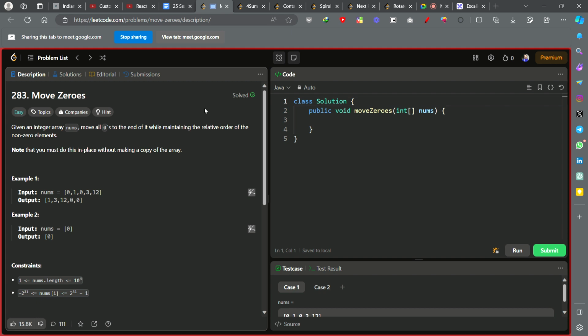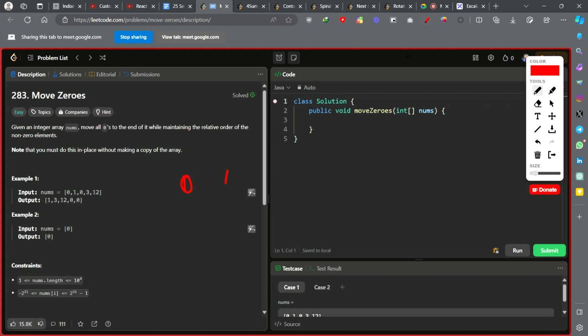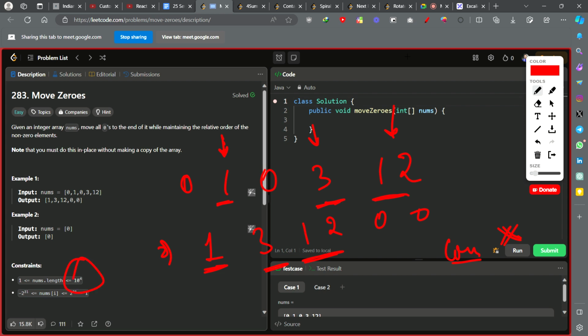So what is happening here is that, given an integer array nums, move all zeros to the end while maintaining the relative order of the non-zero elements. So what happens is, we have 0 1 0 3 and 12. What you will have to do is convert this to something like this: 1 3 12 0 and 0. So how was relative order maintained? Because 1 came first, so here also 1 is first, then 3 came first so 3 first, 12 came first here so 12 is first here too. The counting sort that I told you about on day 1, counting sort will not work